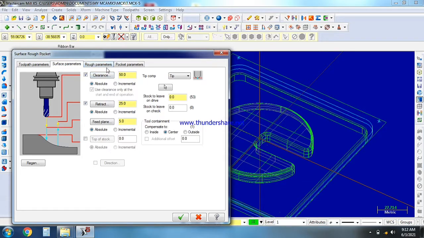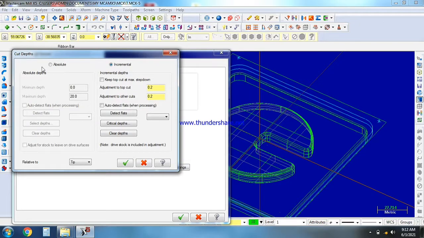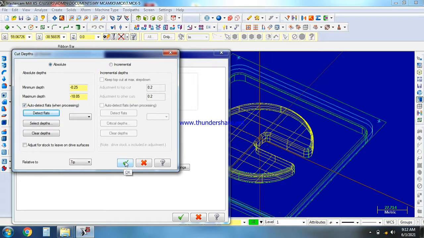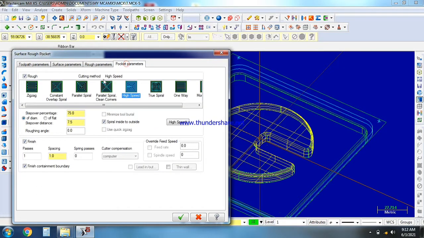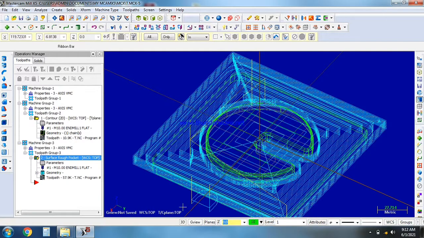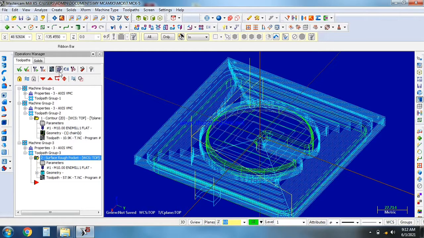Then in the roughing parameter, we go to depth of cut 2 mm. It's aluminum material, no problem. We select the absolute method. The auto detecting maximum number is displayed, we OK. Then auto calculate the minus 10 mm. Then profile types, of the kinds of profile types we select any one. Yes, that kind of profile we make.